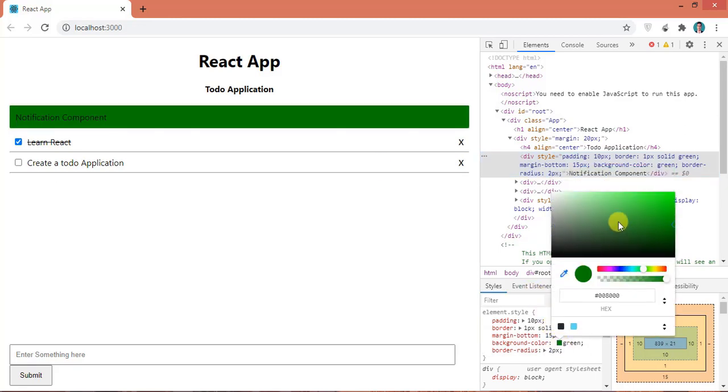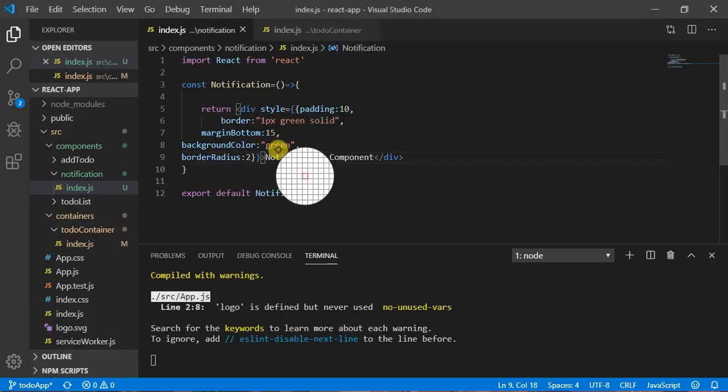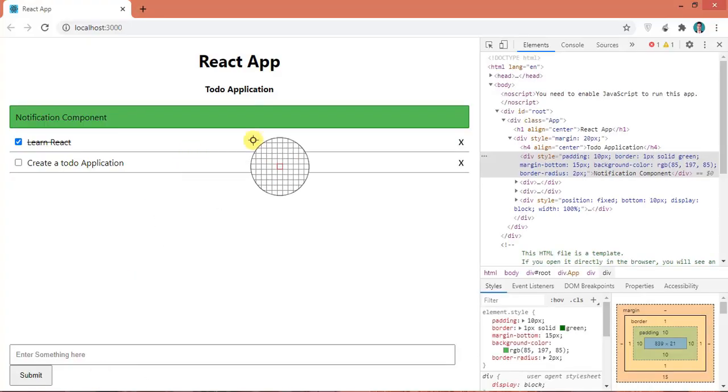It will open the color picker, and from here you can select a color and match it at a time. I think this color is looking good. So copy this color code from here and paste it instead of this green. Now save it. As you can see here, I am getting this color.